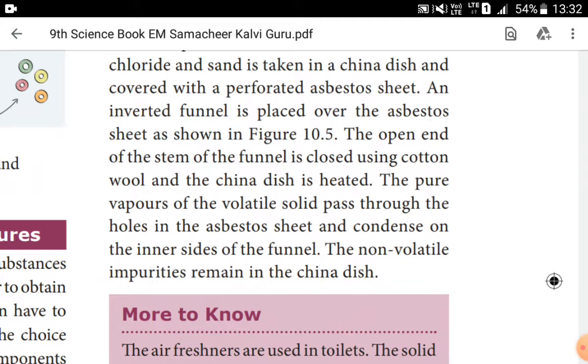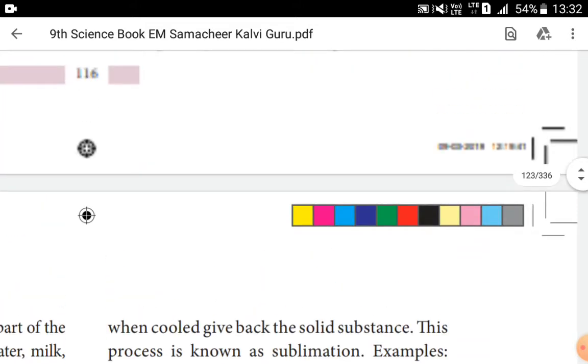Then the next one, that is heterogeneous mixture. In a heterogeneous mixture, the components can be seen separately, which is called a heterogeneous mixture. Example: a mixture of soil with iodine, a mixture of sugar and sand. In these, the components can be seen clearly through our naked eye. So they are called